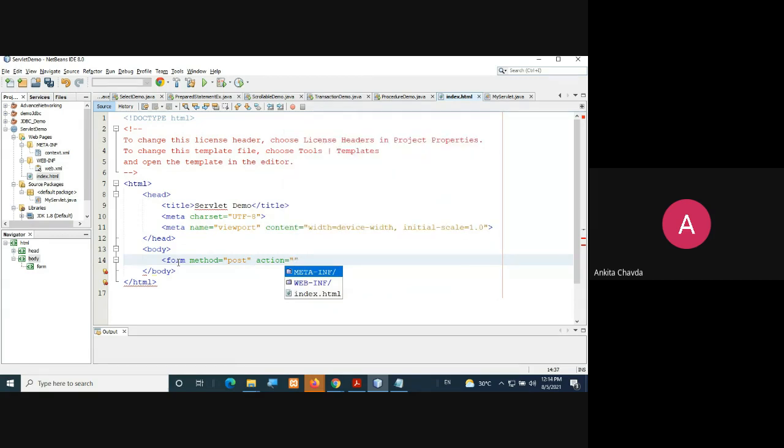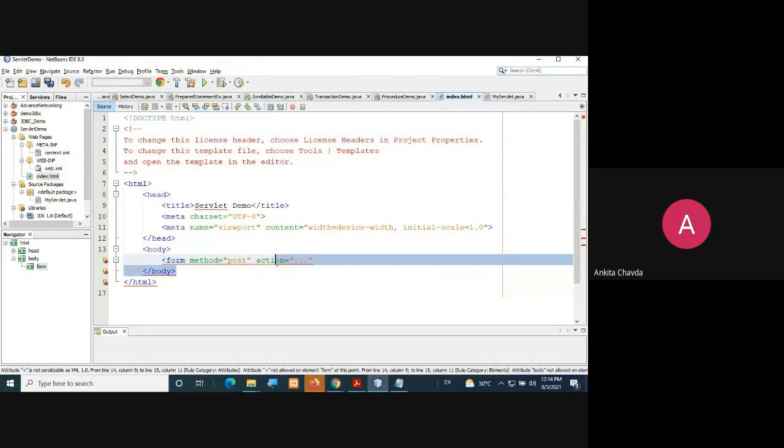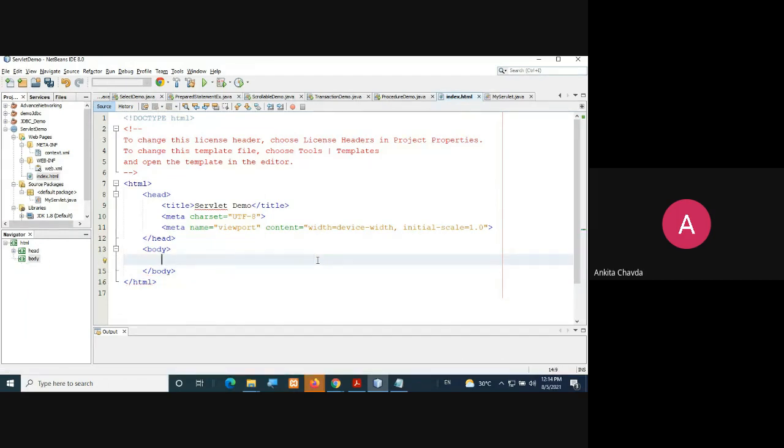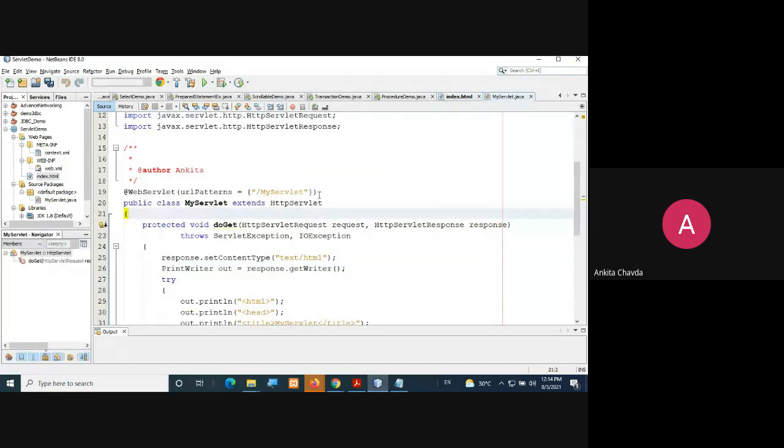Where you want to redirect this, you will write over here. If the user clicks the submit button, then via which method you want to redirect to another page, that you are specifying over here. So based on this get or post method, you are creating your servlet, right?